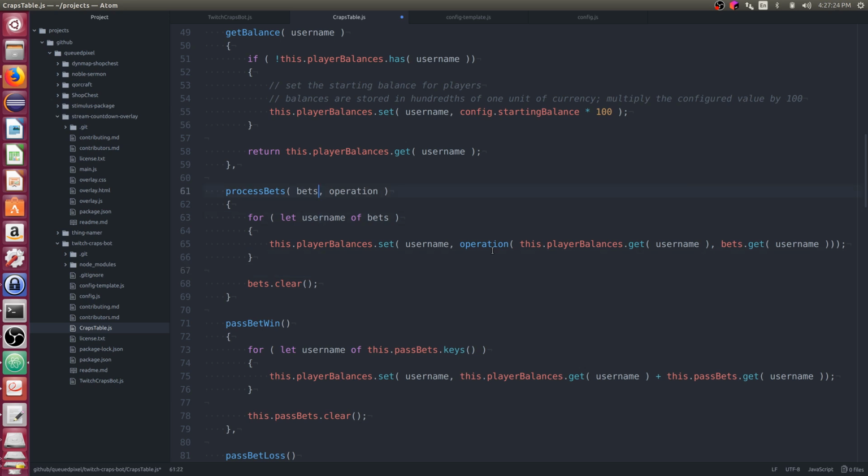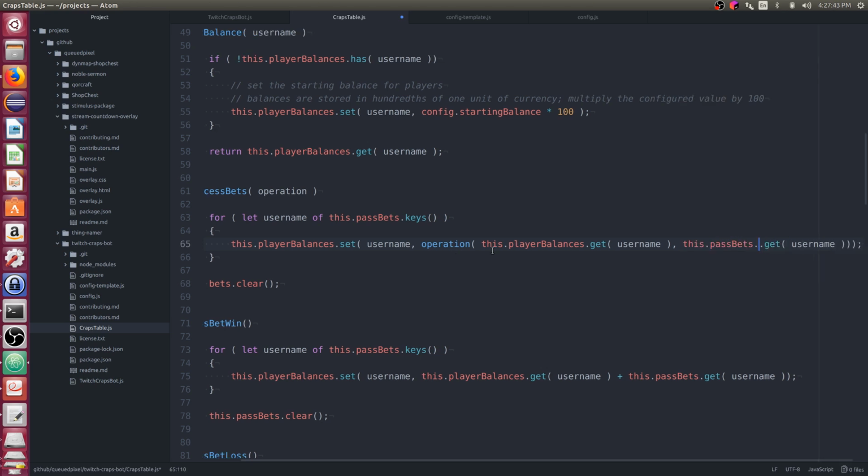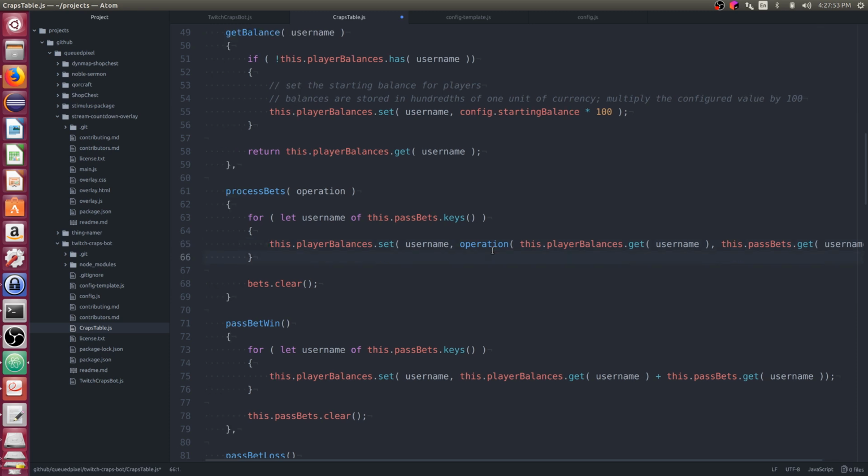Actually, since we have just the one bet, let's do this for the moment. Let's get rid of the bets parameter and go back to some of what we had before. Let's just handle the operation aspects. And let's bring this back.